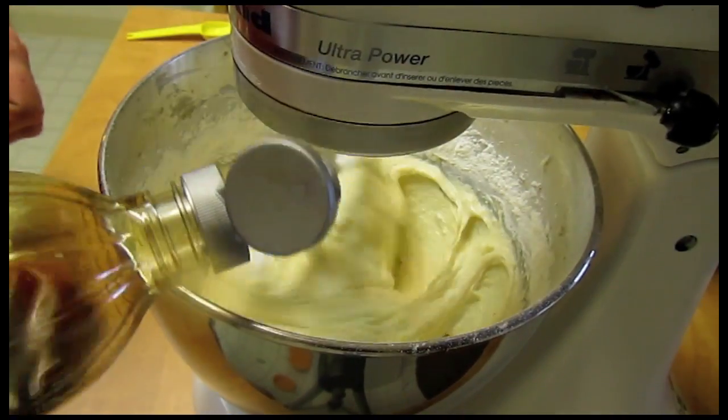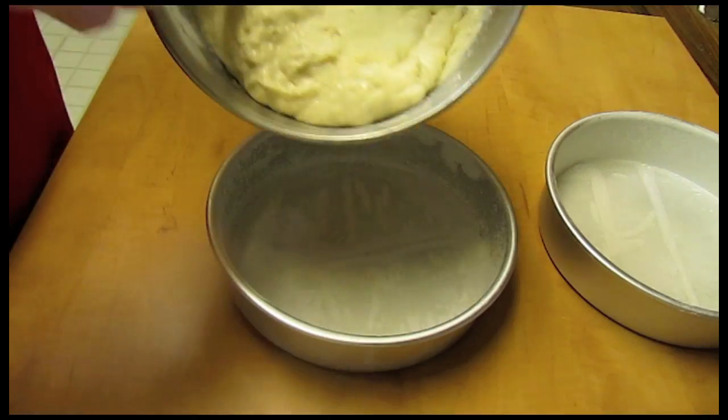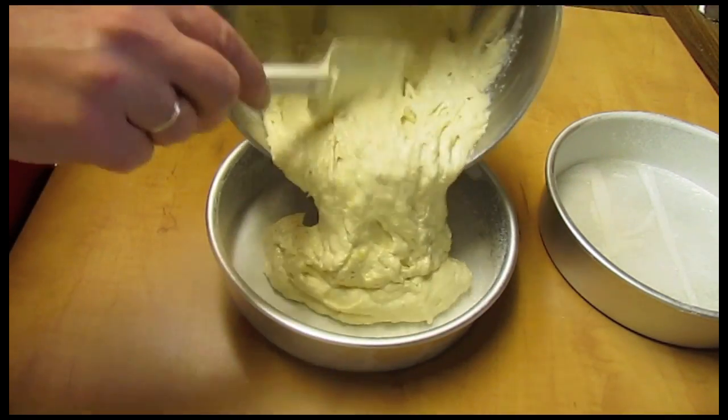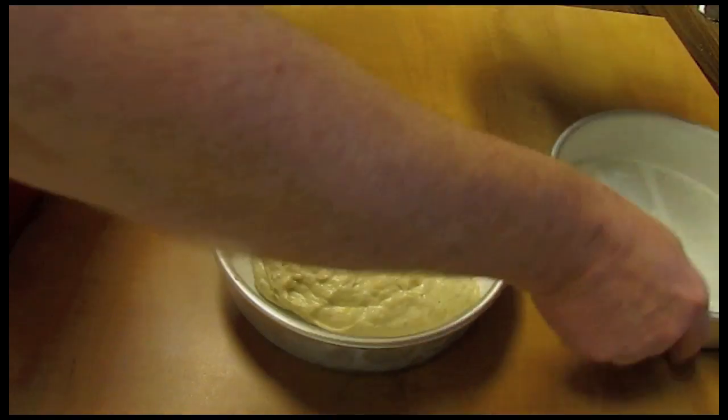And add in your vanilla too. That's 1.5 teaspoons of vanilla. Now take your lumpy batter, you don't want to mix it up too much, and divide it between your 2 cake pans,